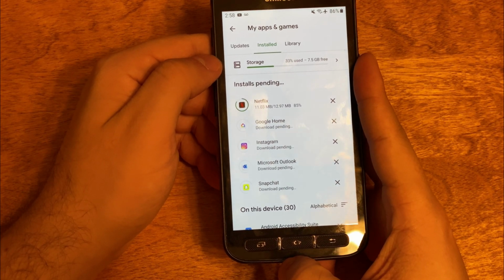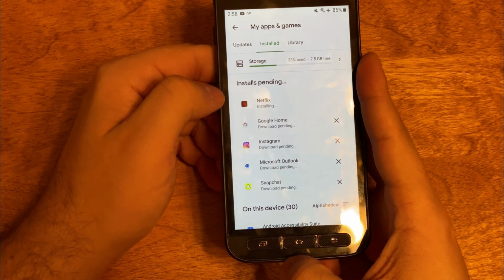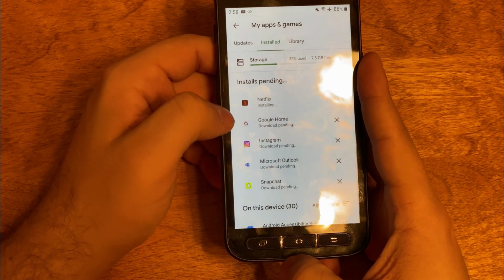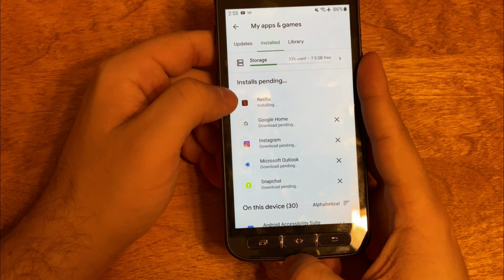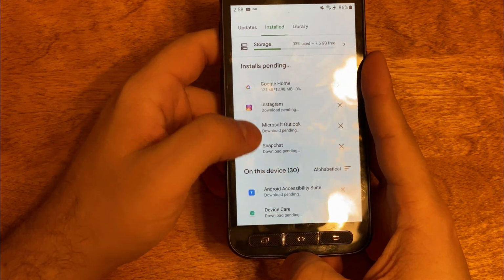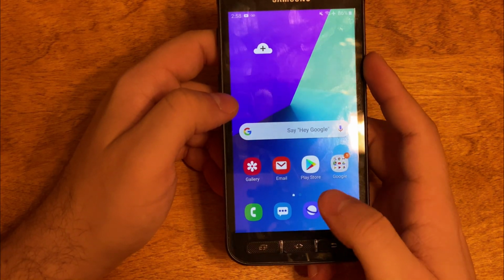So just keep in mind there's nothing on this device currently, and I haven't actually been using this device. So it is quicker than what it would be if you had all the networks on, like data and texting. So you can see how long Netflix takes to install, but it's fast for a budget phone that's 2 years old. Now, when going to the internet,